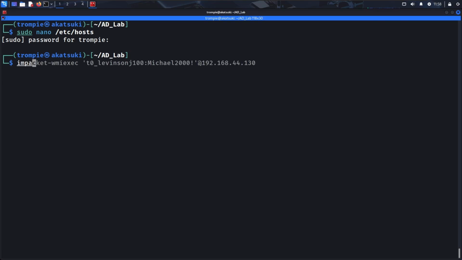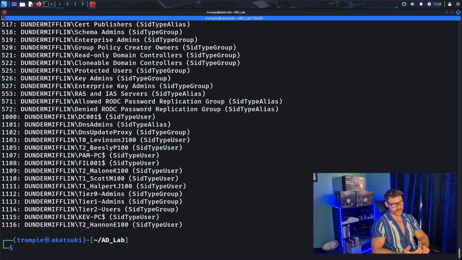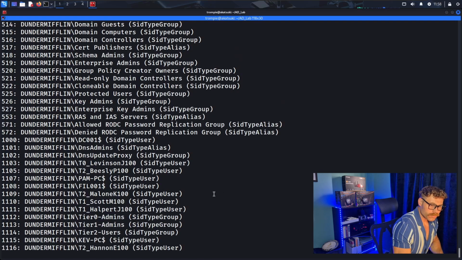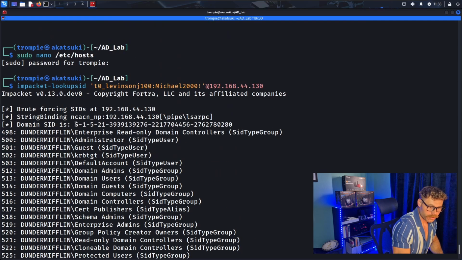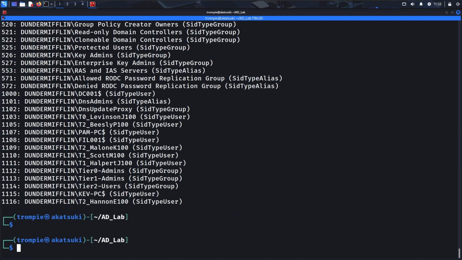So first, if we just reuse this in packets, it's got something called lookupsid. So for a golden ticket, we'll need the KRBTGT hash, we'll need the domain name, and we'll need the domain SID. And then ideally you'd want some groups you want to be added to, or an extra SID. So up here, we can see the domain SID is this. So if we copy that,